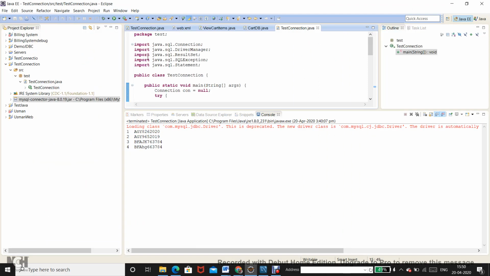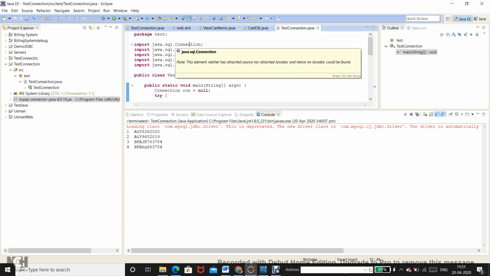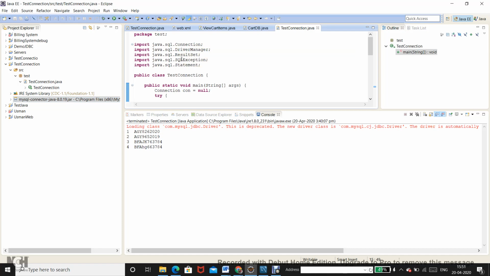In the MySQL folder, I have used this connector, the mysql-connector-java-8.0.19.jar file. This jar file, as you know, is a Java archive file, right? So it contains a lot of classes, and those classes contain the implementation of whatever is left over, like the connection interface, the result set, the statements, as well as lots of other classes.